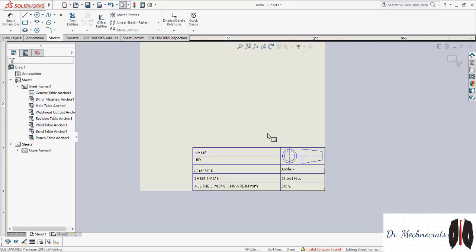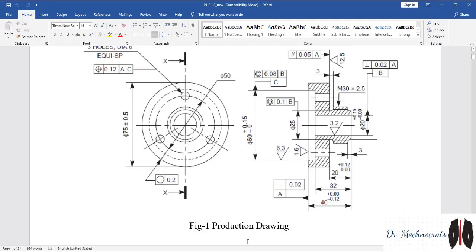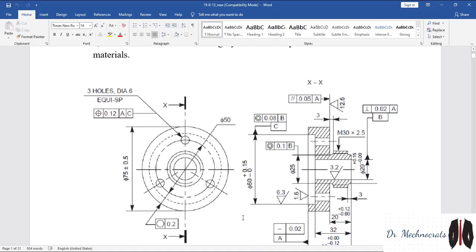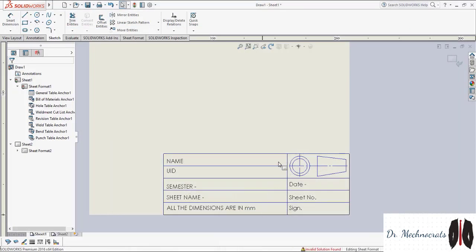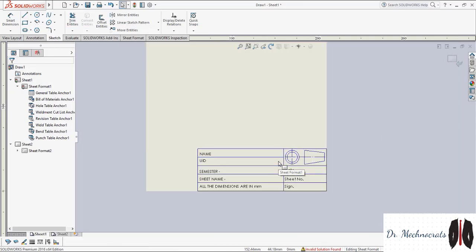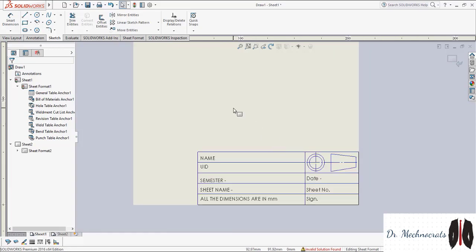So this is the title box which you have to make in the first lecture. Clear to all of you? So draw it, and then we will start with the first drawing, that is sheet number 1, production drawing, in which we have to represent the various symbols. Right, in the next lecture we will start with this. Right. So thank you everyone.